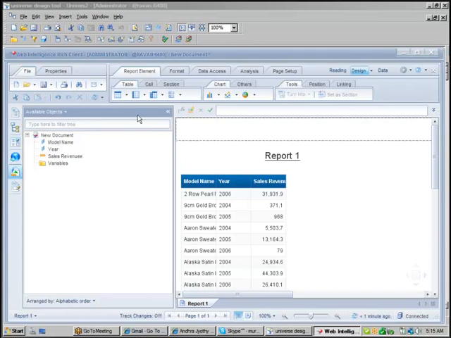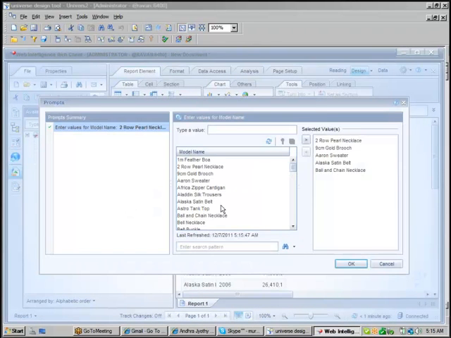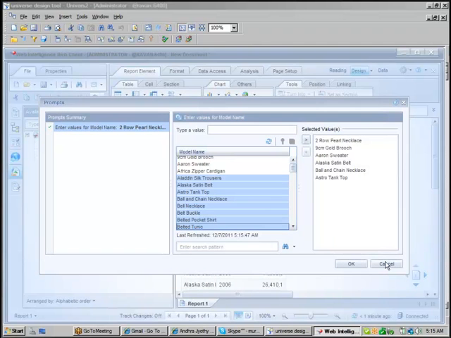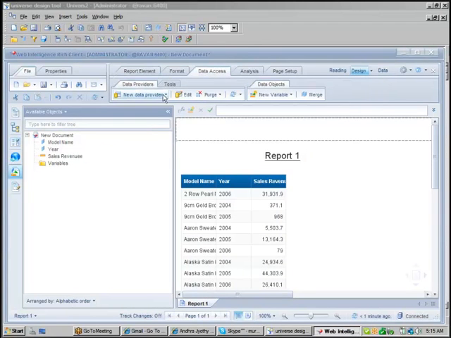I want to modify this query, particular model name for the report. Again, if the user wants to see the data for different models, they can see it with different models. At runtime, again they can select a different model, run again, and see the data. Okay, that's good. Let me edit this query. I want to go to data access. Otherwise, let me create a new query.